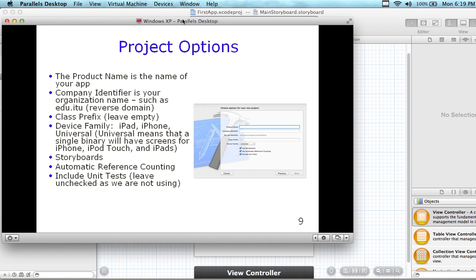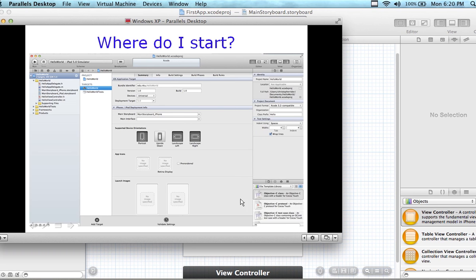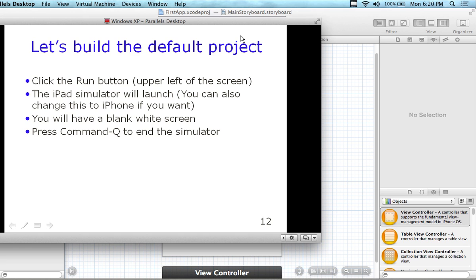Automating and keeping everything together. So we gave it a project option, we gave it a name. Let's see where we are in the tutorial. Source code control. Okay, here, where do we start? So we're going to build now